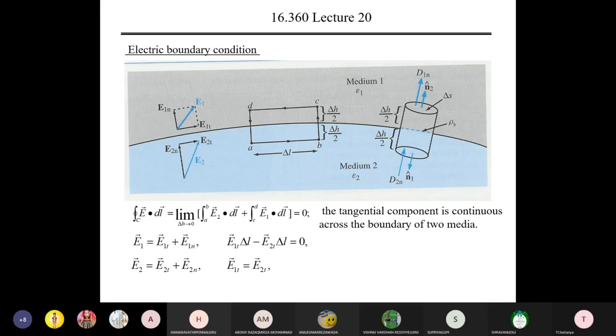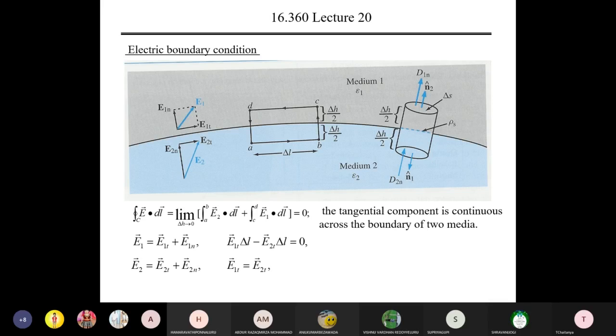Similarly, for this path also we have to find the electric field intensity. So applying the electric field value, closed integral of E dot dl equal to 0. Let me apply E2 of dl plus E1 of dl. E2 is nothing but the net field intensity in medium 2. What is the net field intensity in medium 2? E2 is nothing but E2t plus E2n, and you can substitute those values here. And E1 is nothing but E1n plus E1t, and you can substitute this value for E1 here. Then you will get a value of E1t, with delta length delta L.